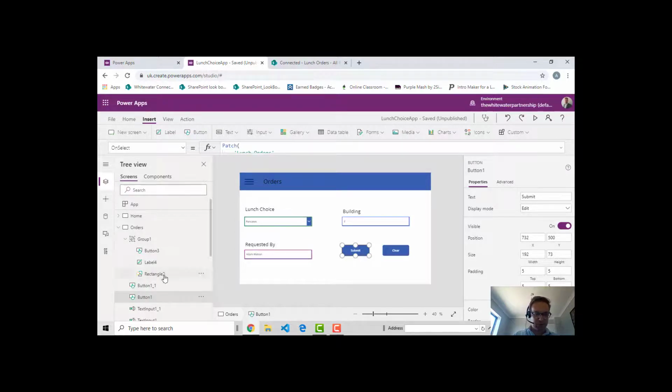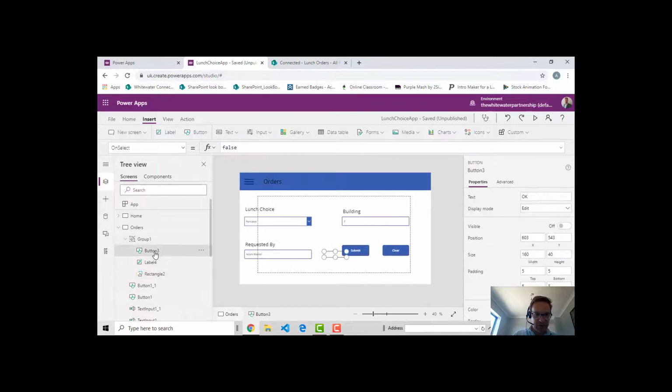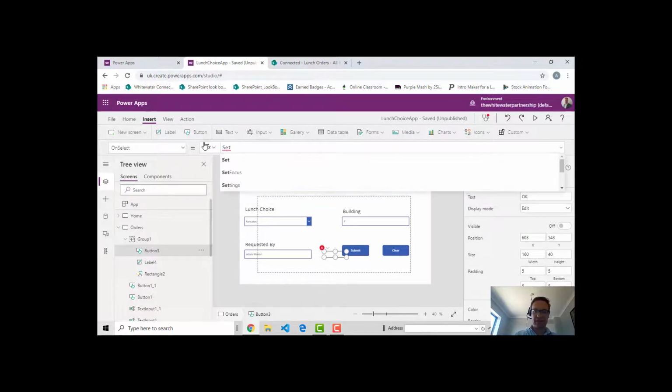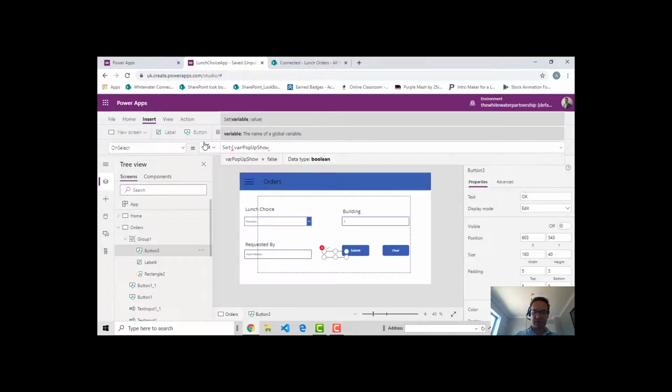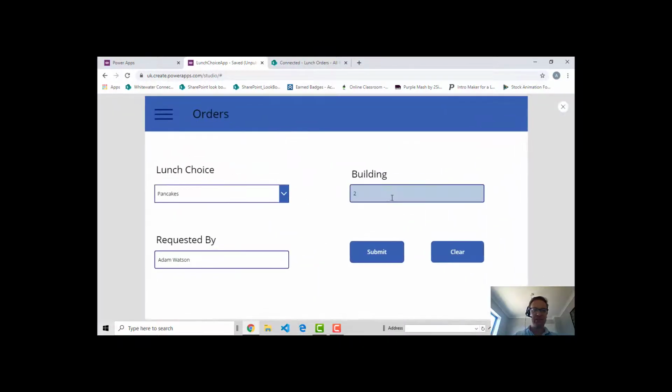And we also want to do, well, you can't see this very well because it's hidden behind, but this button is an OK button. So on select, I want to set the variable var pop-up show to be equal to false, so it hides it again. So let's run this, order something else,